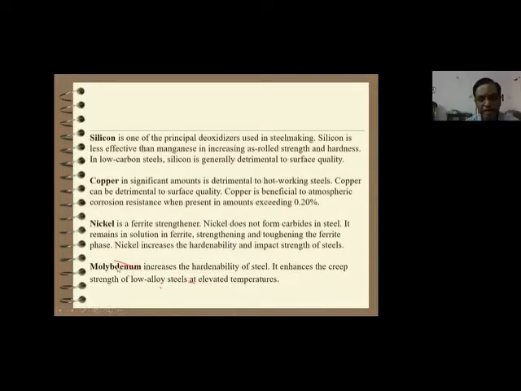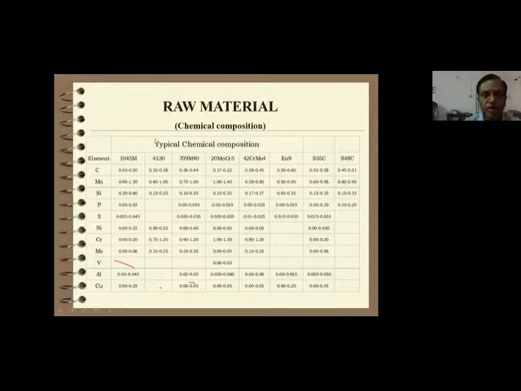And molybdenum, that increases the hardenability of the steel and it enhances the creep strength of the low alloy steel at elevated temperature. So these are the general alloying elements which are added in the steel for getting the various properties. Now I am showing one slide where the grades which are being used normally in abundance in the forge